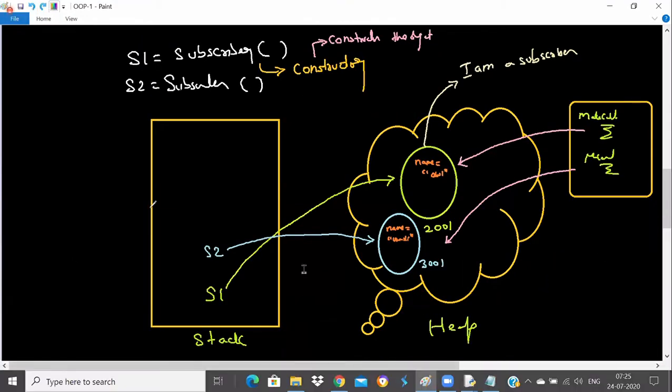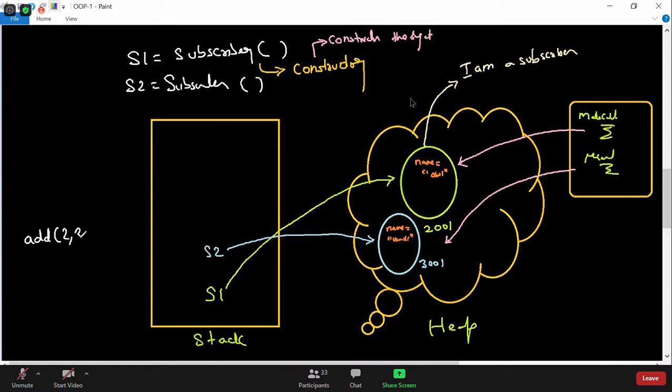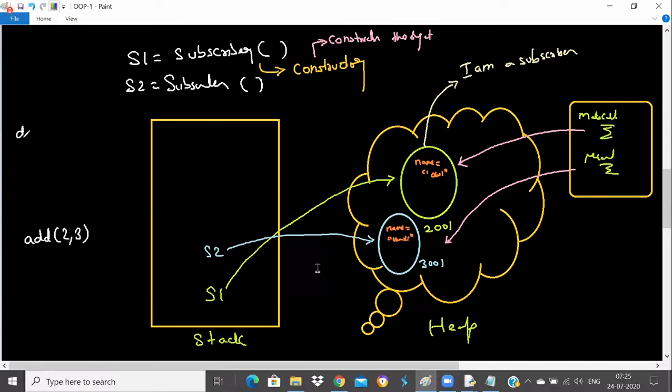Yeah, thank you, Satyam. But let me make it clear. It's something like you call this sum function. If you remember, we call the add function when we pass 2 comma 3, then you define the add function like this: add a comma b. Then you wrote the logic here for adding the numbers. So it means your first argument will be stored in a and second argument will be stored in b,